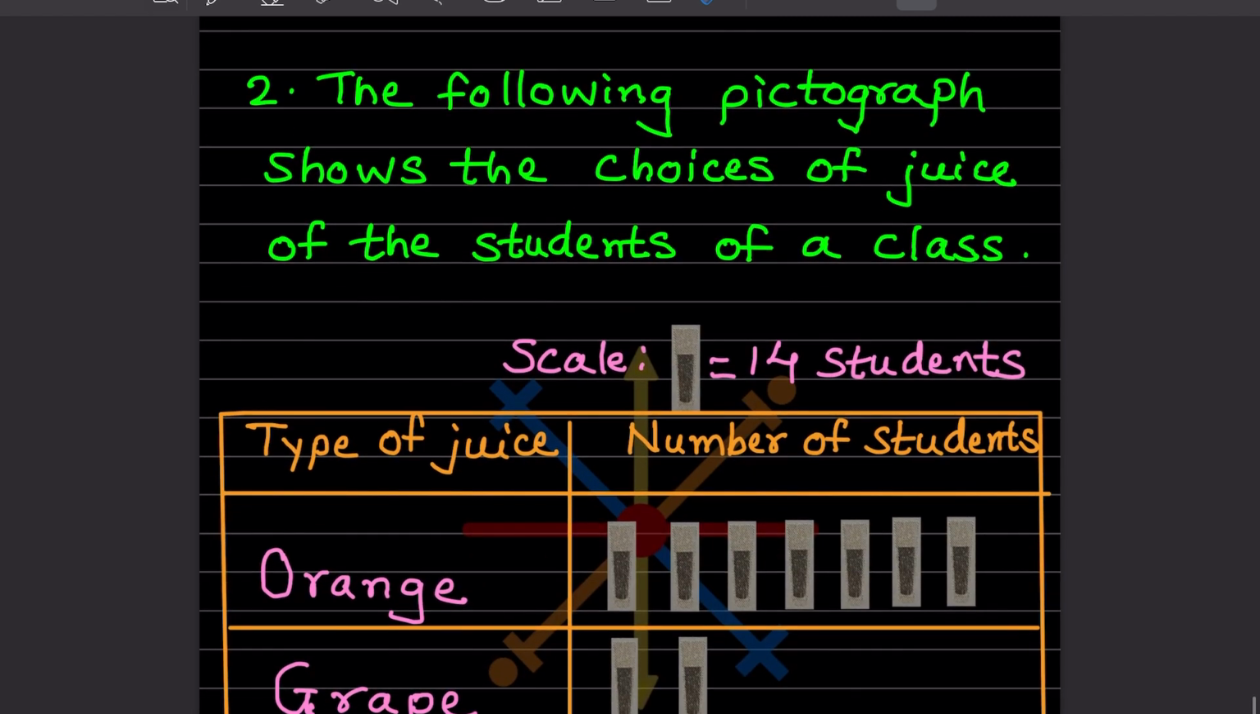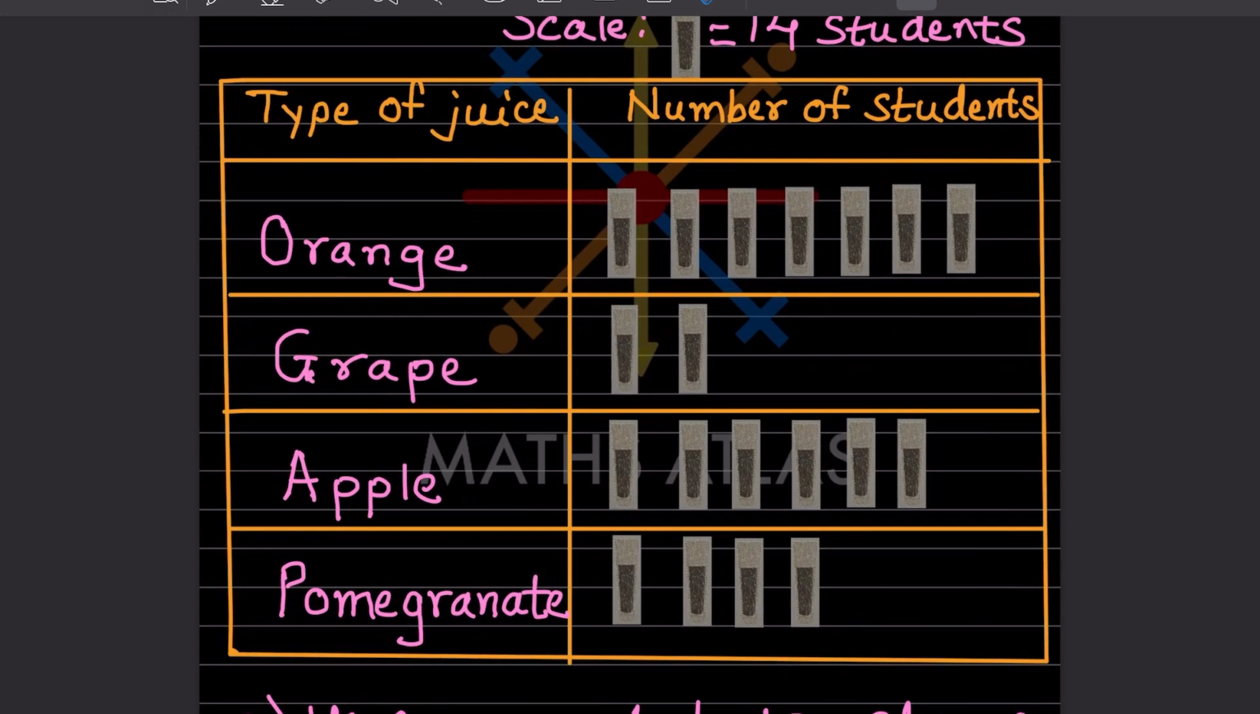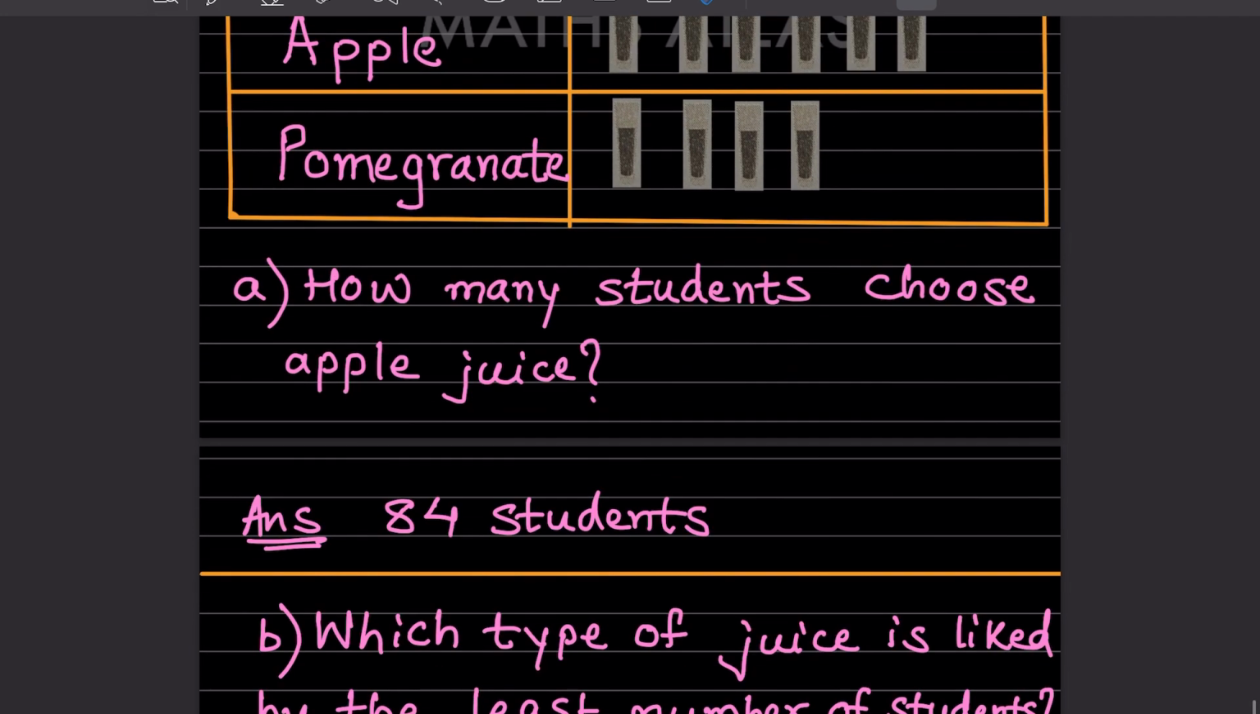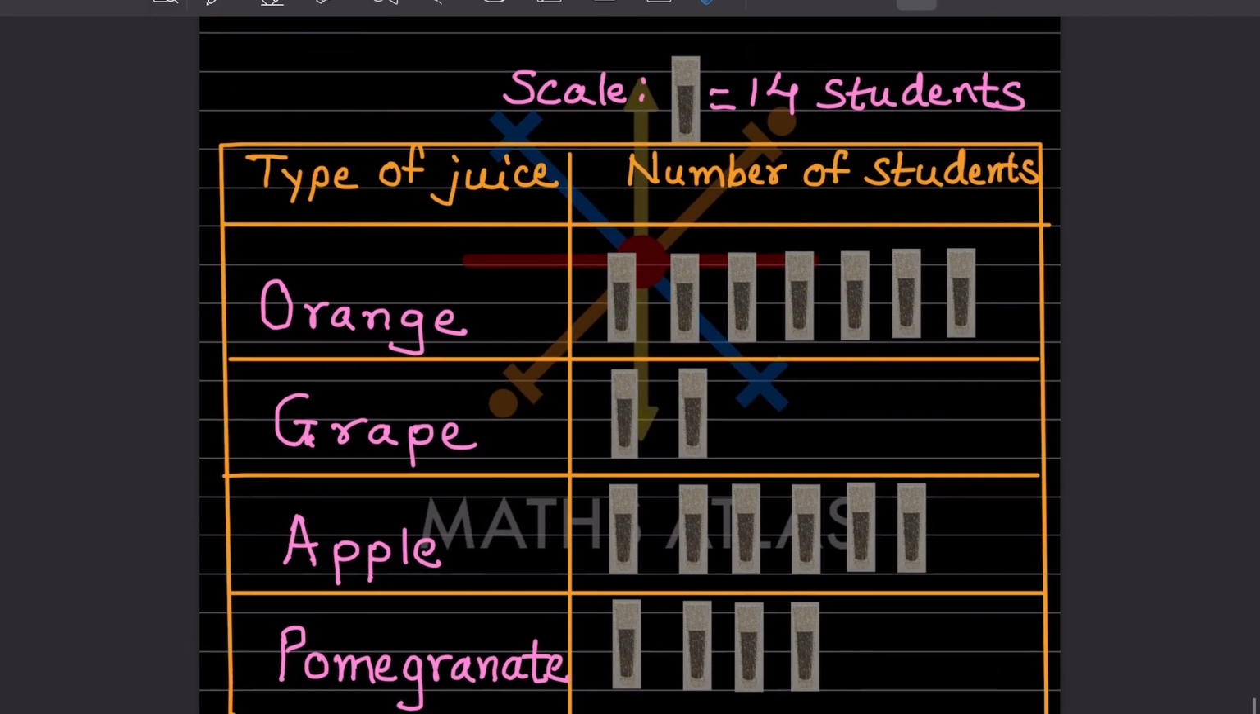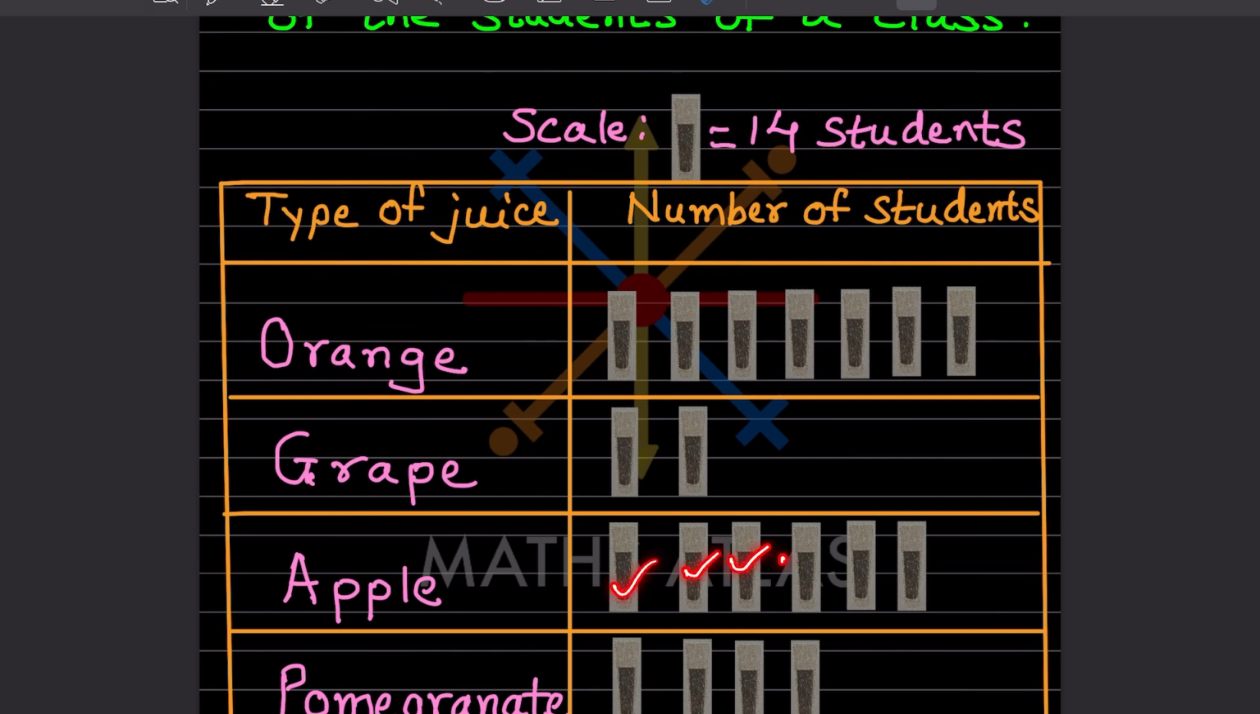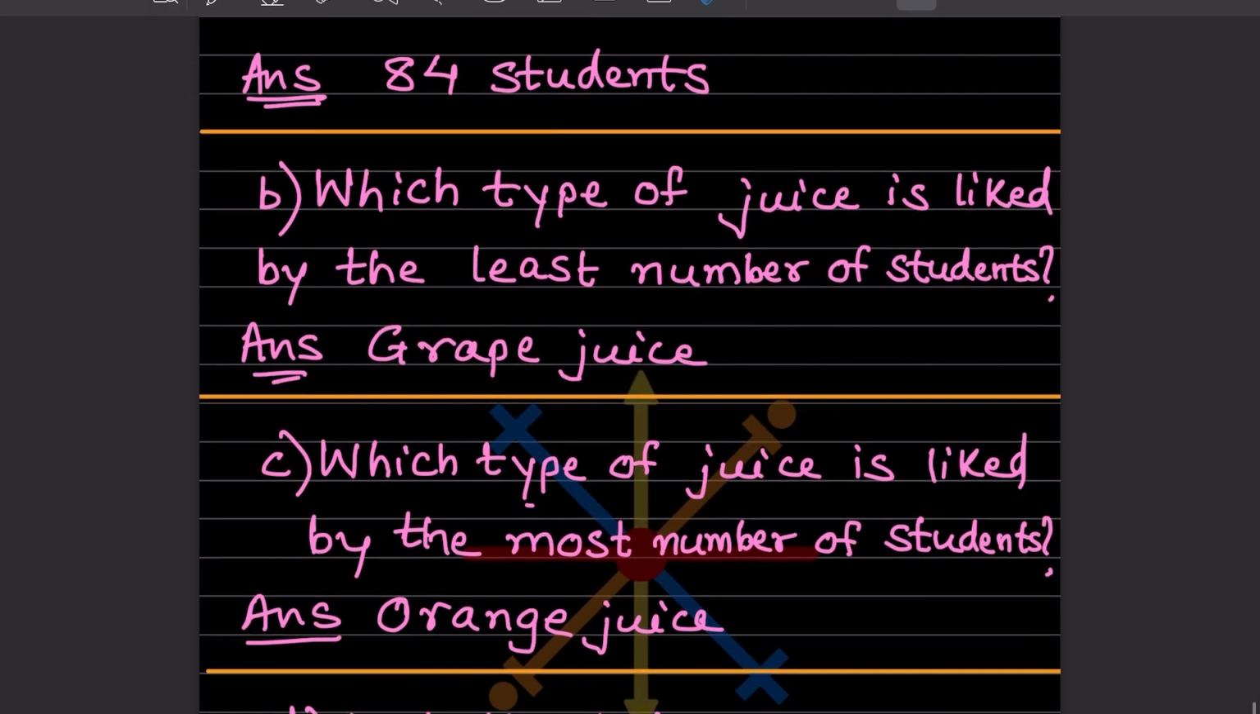Now the following pictograph shows the choices of juice of the students of a class. So here the scale is given. This is the glass over here, and this represents 14 students. So now let us see here. This is for orange, grape, pineapple, and pomegranate. So these are the number of students. So they asked how many students choose apple juice. So now apple juice are how many? These are 1, 2, 3, 4, 5, 6. And this one represents 14. So 14 multiplied by 6. So that is going to be 84. So 84 students